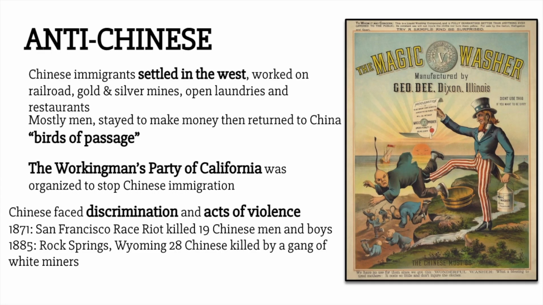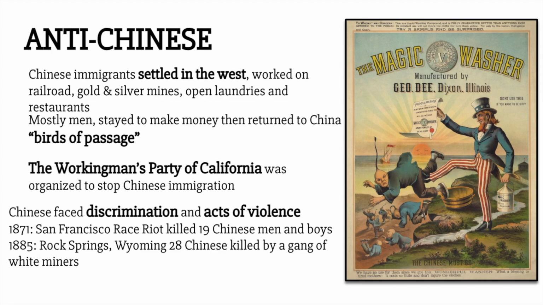So speaking of Chinese immigrants, let's take a look at some anti-Chinese sentiments, mostly out on the west coast of the United States, because that's where Chinese immigrants came. Many Chinese immigrants came and settled out west to work on the railroad and in gold and silver mines, many of them opening businesses like laundries and restaurants, which makes sense because a lot of men who had gone out west to work on the railroads and work in the mines really wouldn't know how to cook food or to wash their own clothes. Chinese took an opportunity to open these businesses and provide those services to a mostly male population out west in these territories.